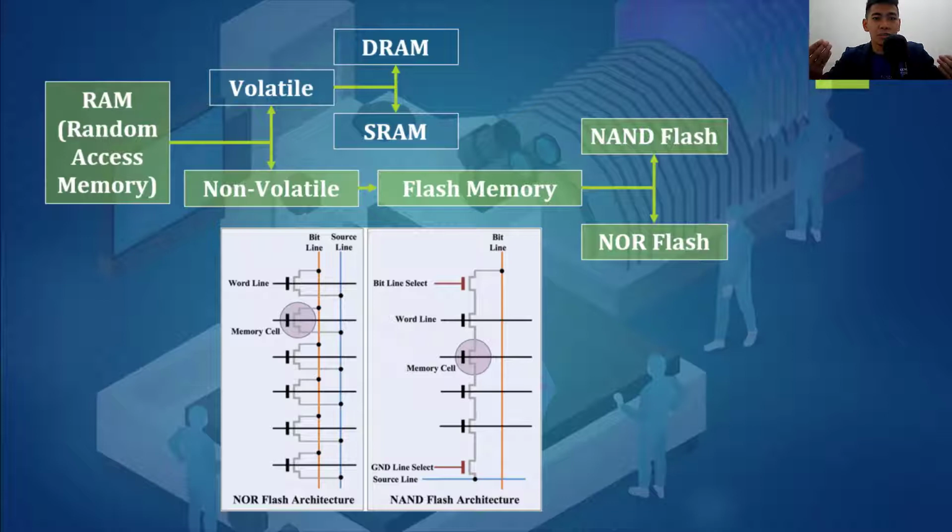DRAM stores the information in the form of charge in a capacitor. SRAM is based on the storage of charge at the nodes of cross-coupled inverters, and flash memories use a floating gate transistor to store the charge. All these existing charge-storage based memory technologies are currently facing a challenge at 10 nanometers and beyond. This is due to the loss of stored charge at the nanoscale, which results in the degradation of performance,